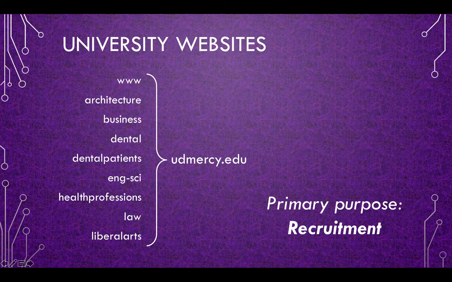So when we're talking about our websites, we're talking about udmercy.edu and its variety of subdomains. www is the main website, which contains a lot of information for current students and prospective students, admissions information, and it's the first site that most people will come to if they're just generally looking for information on the University of Detroit Mercy. And then we've got several other subdomains that are specific to colleges and schools: architecture, business,